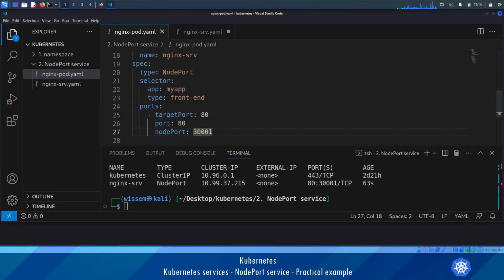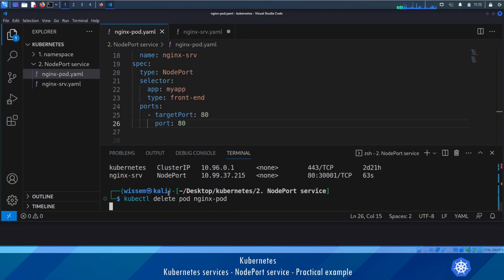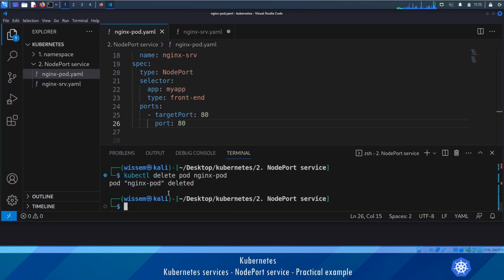The last thing that I want to mention here is that this node port is optional. So if we didn't set the node port when we create the NodePort service, Kubernetes will allocate for us a free port on the worker node, which will be between 30,000 and 32,767. So if we delete both the pod and the NodePort service, using kubectl delete pod nginx-pod, so here we are deleting the nginx pod,